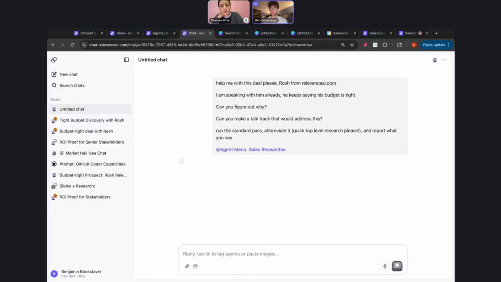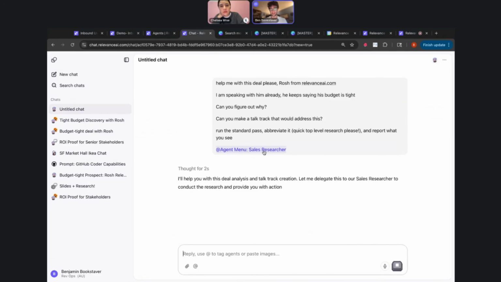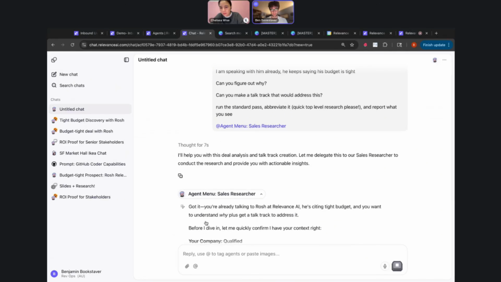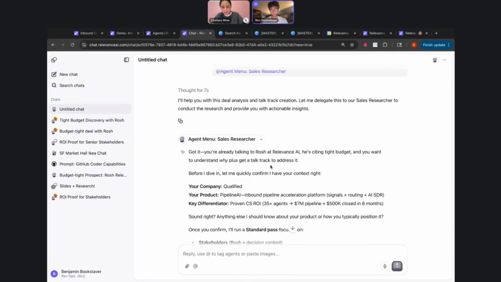And I think part of the fun part about chat is that you actually don't need to tag any of the agents right here. It just allows you to interact with LLM models in an LLM terminal outright. But if you need to tag an agent that does a very bespoke process within your system, you have it at your disposal. So for example, this agent will go through its motions here. Roche is our head of sales at Relevance AI, so I'm using him for this demo here.